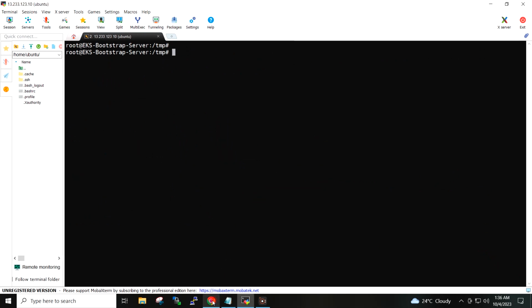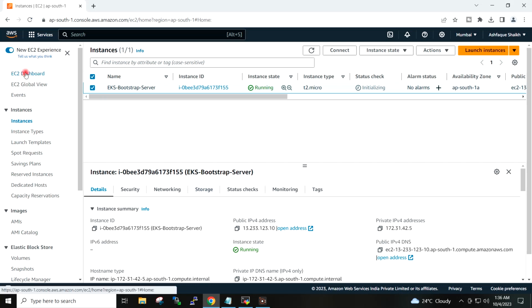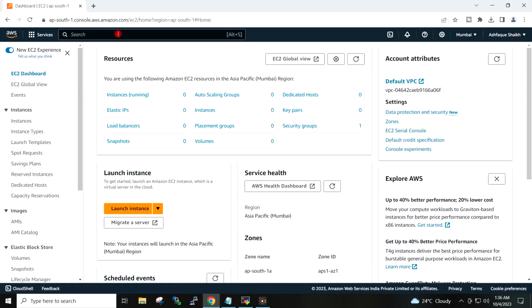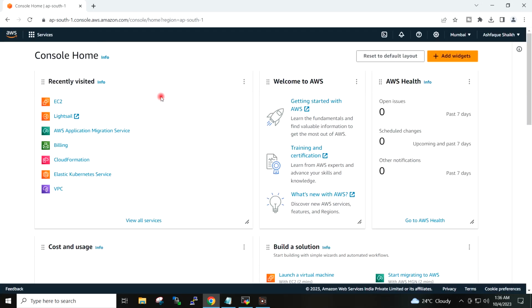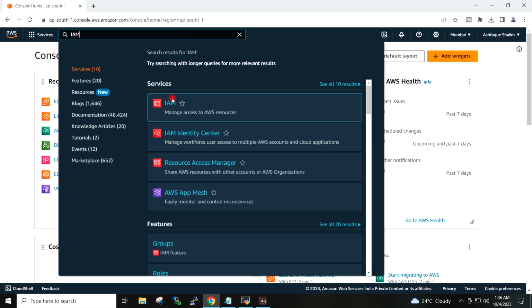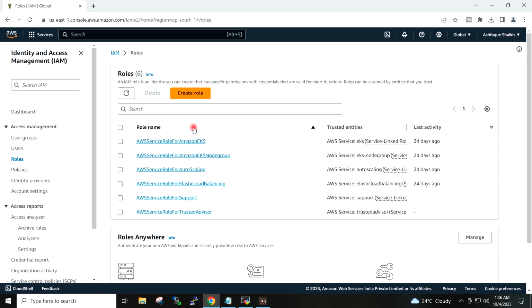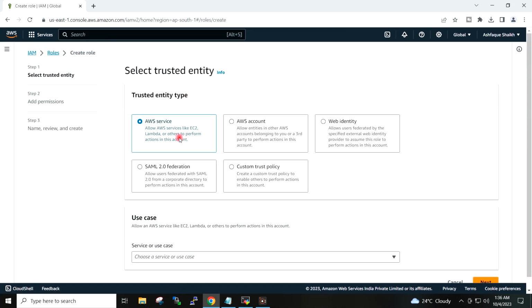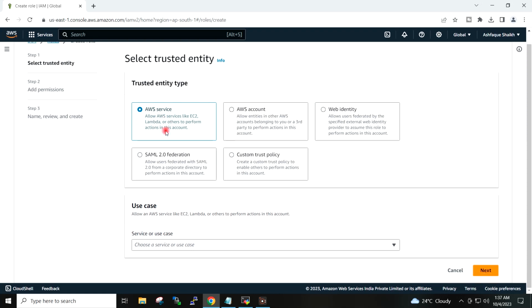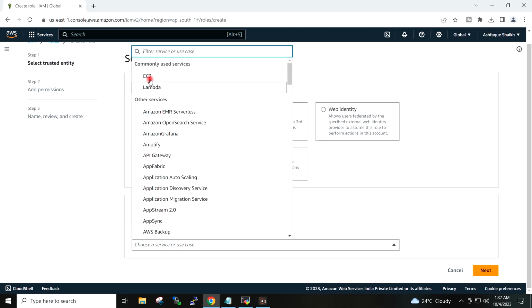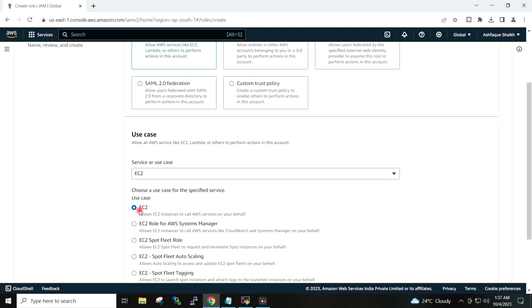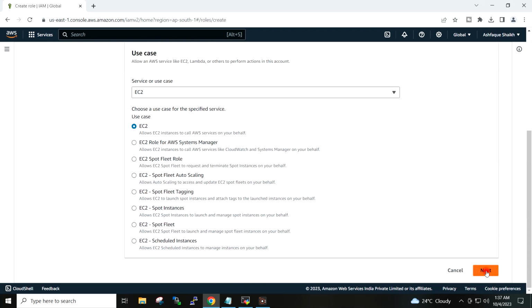I will now go to AWS console. I will go to IAM roles, create role, AWS service or use case. I will select EC2. I will select here EC2. Next,